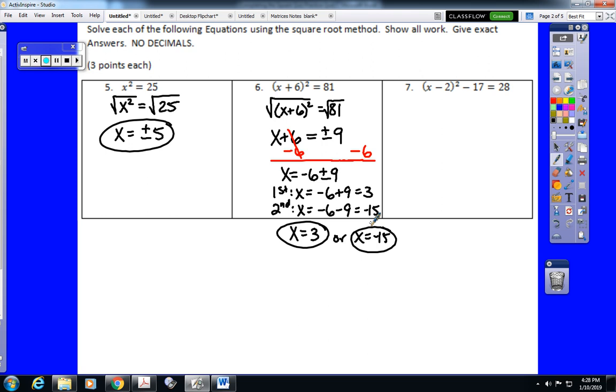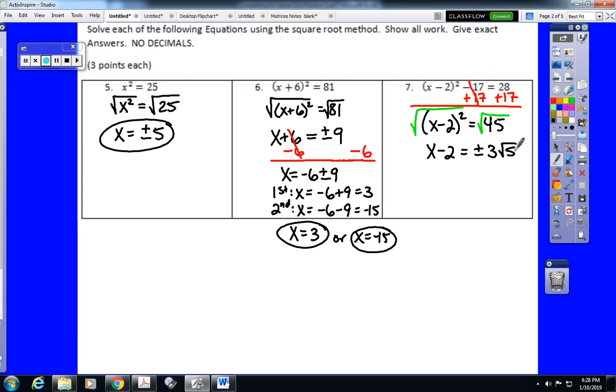Same sort of deal for number 7, except we did not start off with this item isolated, so we have to isolate it by adding 17 to each side of the equation. That would give us x minus 2 quantity squared equals 45. Then we take the square root of each side, which would give us x minus 2 equals plus or minus